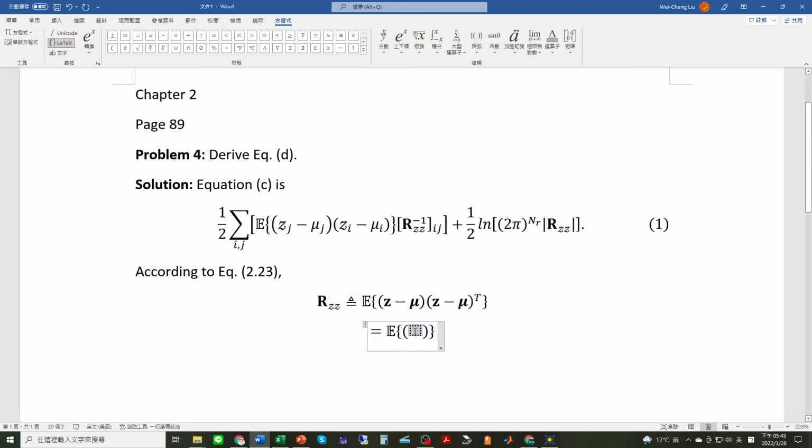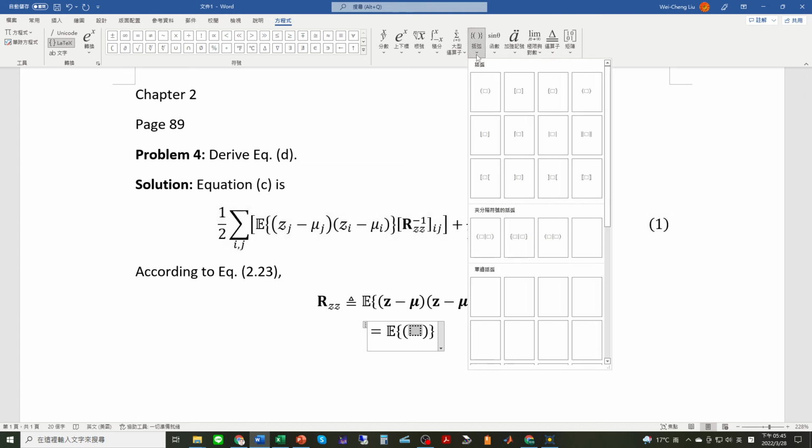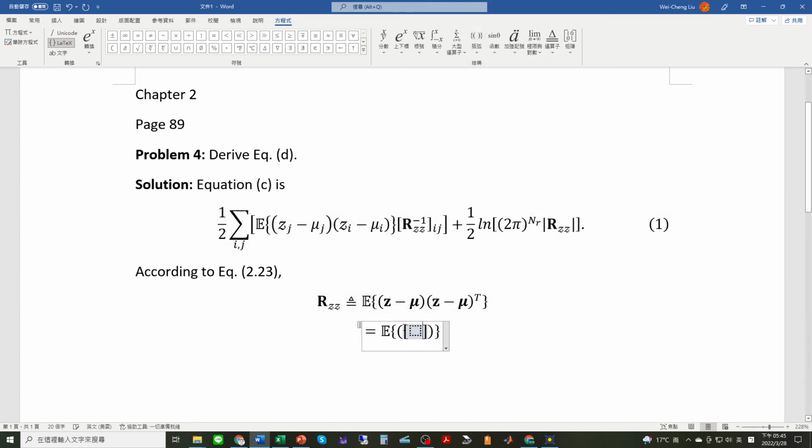I need to replace Z turn by turn. So first let me make a bracket. So this is Z1 to ZNR, and a transpose,